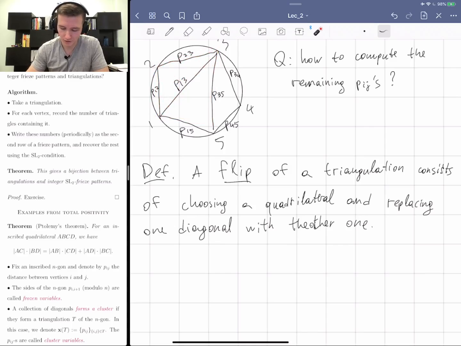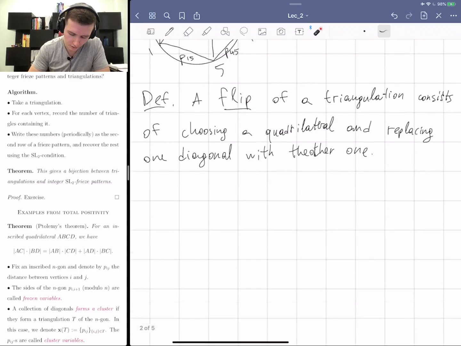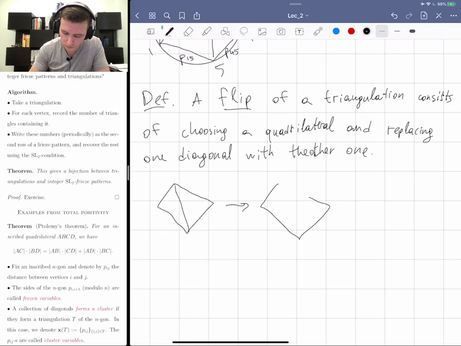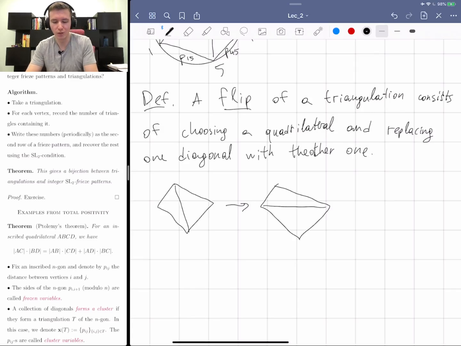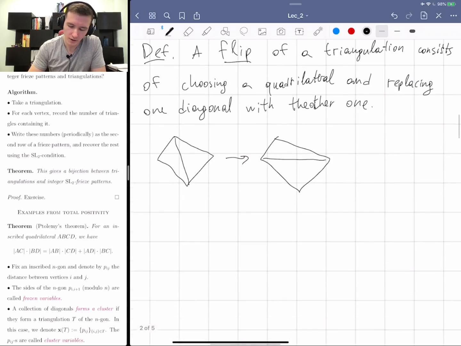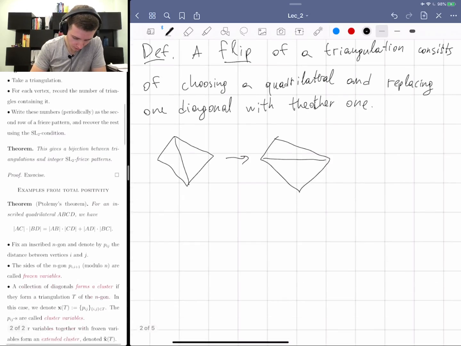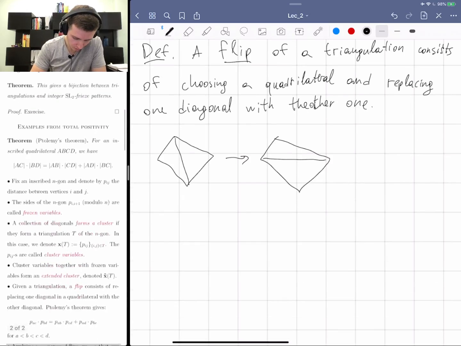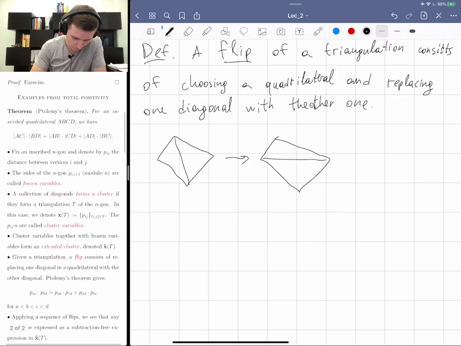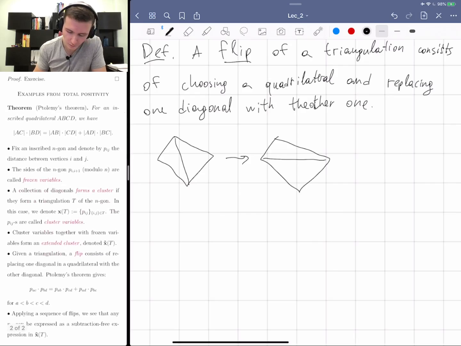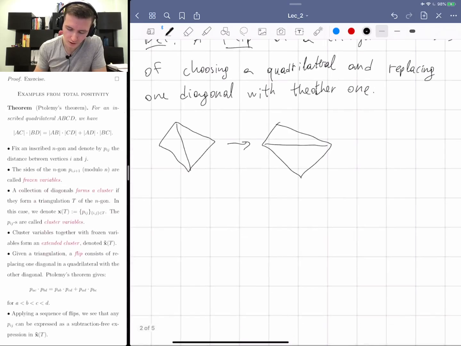I don't know if that's clear. So a flip goes like this. You have a quadrilateral inside a bigger triangulation, and then it's triangulated like this, and then you replace this diagonal with this one. I should introduce some more notation. But anyways, the claim is that